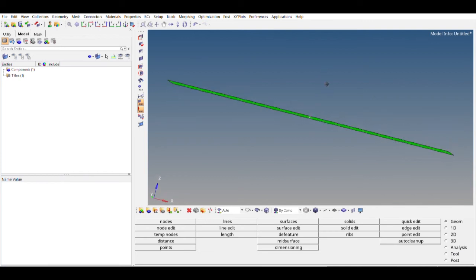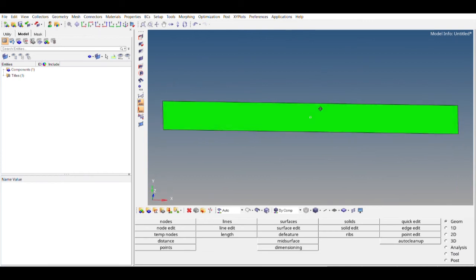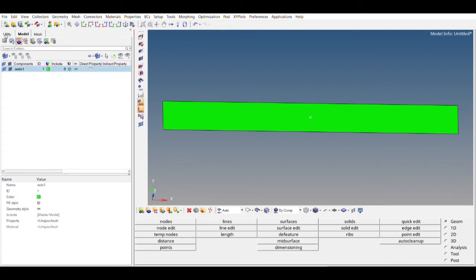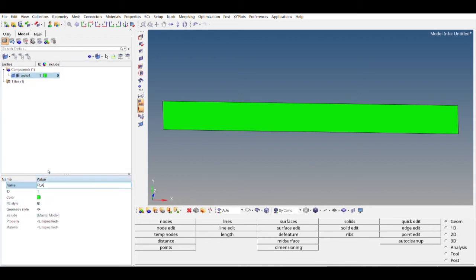Now, as we know that the component is being created as auto, we can rename it. Let's rename the component into plate. And now, as we know that it's a finite element process, we need